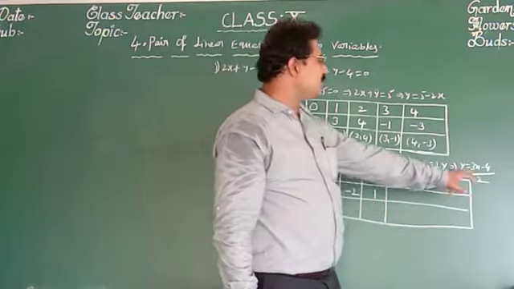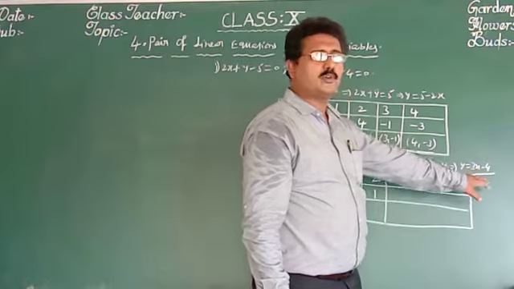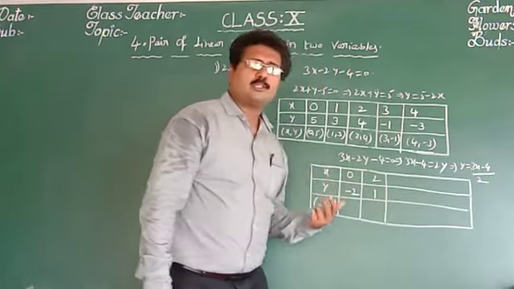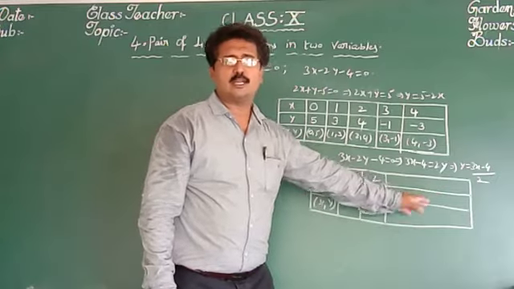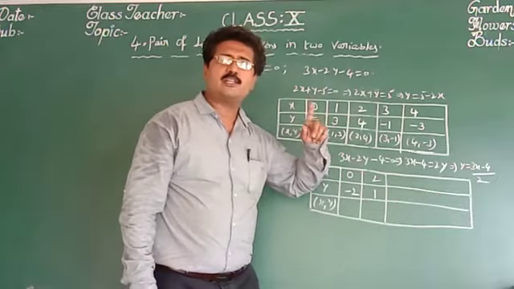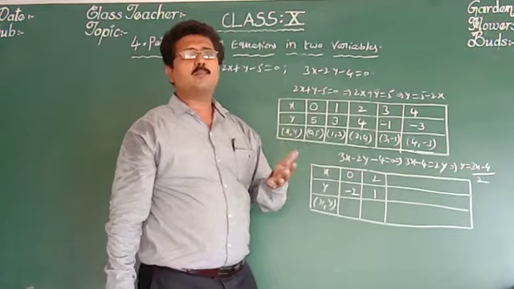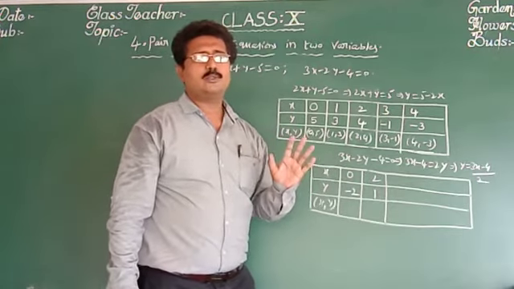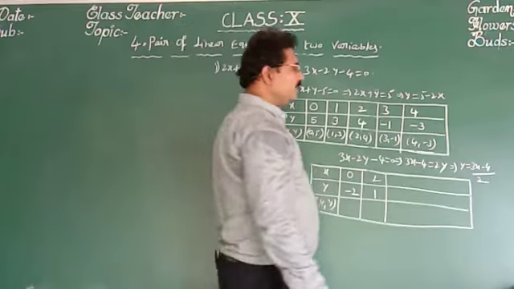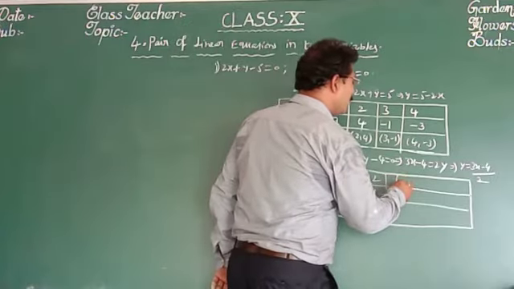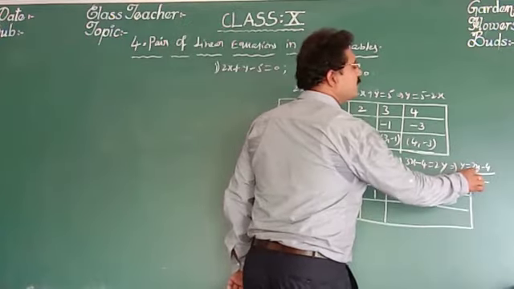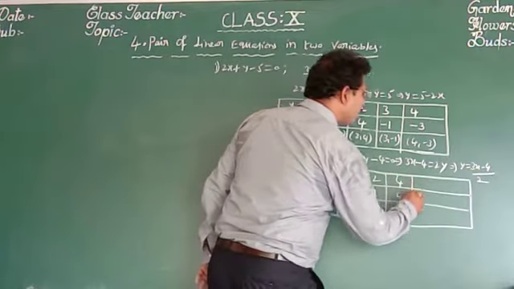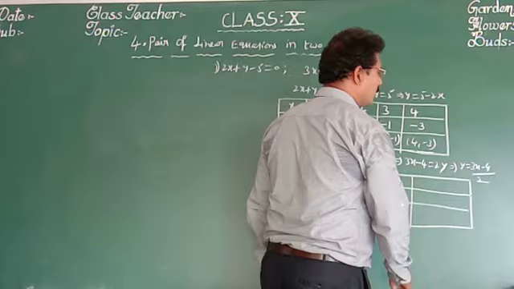Let us take x is equal to 3. 3 3s are 9 minus 4, 5 by 2. Suppose if you get the positive or negative integer, you can continue that. Or otherwise, you give preference to the fractions, either 0.5 or 1.5 or 2.5 like that. But other than these, you should not take another value. Next, put x is equal to 4. Y is equal to 3 4s are 12 minus 4, 8 by 2. 8 by 2 is again 4.